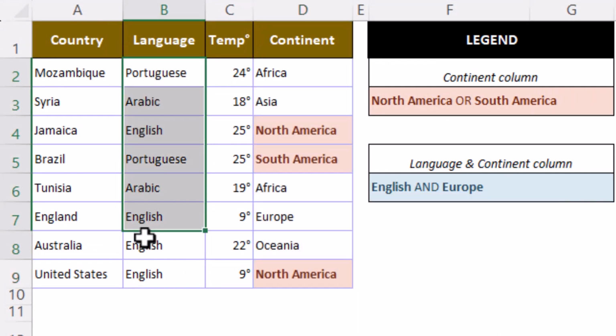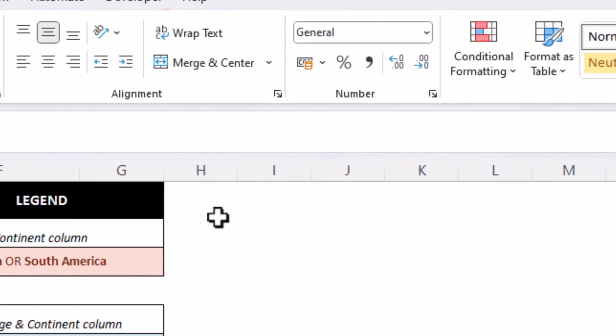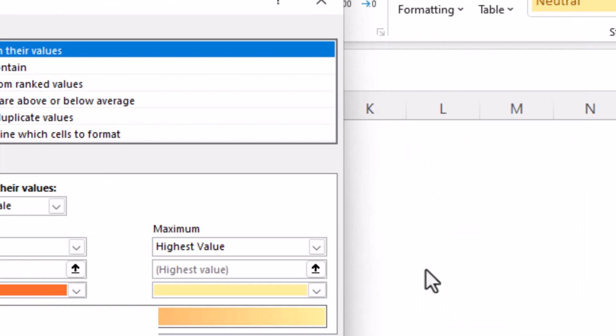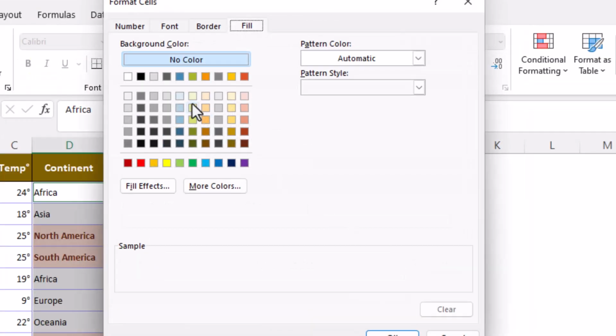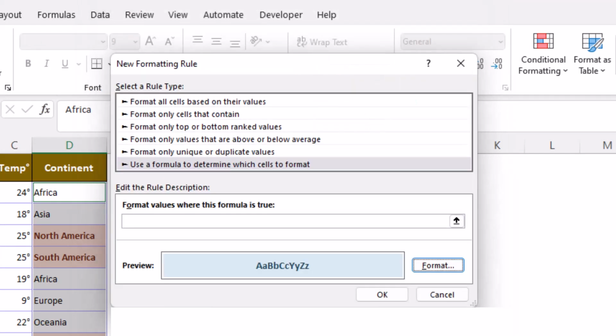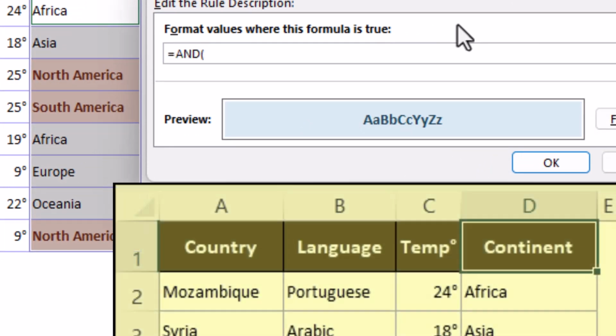Select the data for these two columns, create another rule, this one is the AND function. Working our way down the column,